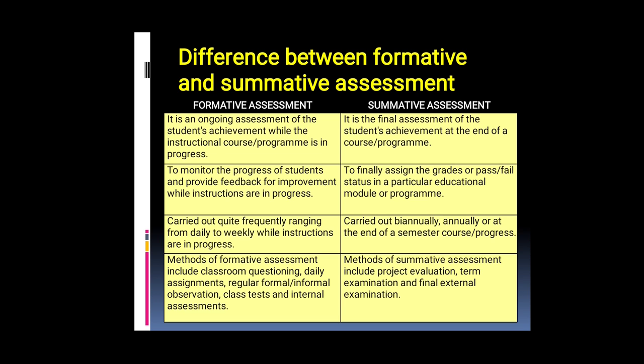And next, formative assessment is to monitor the progress of students and provide feedback for improvement while the instructions are in progress. Whereas summative assessment is to finally assign the grades or pass-fail status in a particular educational module or program. Formative assessment is carried out quite frequently, ranging from daily to weekly, while instruction is in progress. Whereas summative assessment is carried out biannually, annually, or